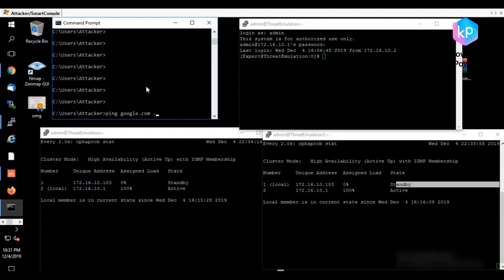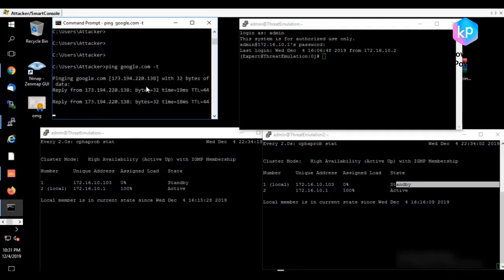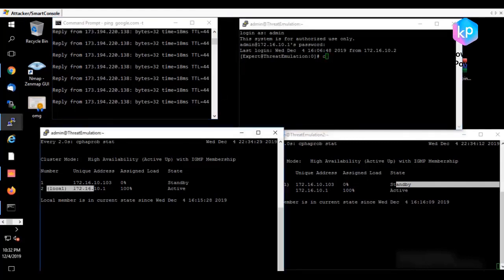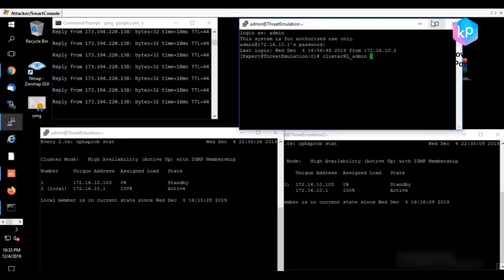Alright, so I'm gonna make it unlimited ping. It's gonna ping forever. Sorry, Google, that's what I want to do. And there's a command I'm gonna type in on the device that is active. The command is cluster XL_admin down. So we manually bring down the first member of the cluster that has been the active one,